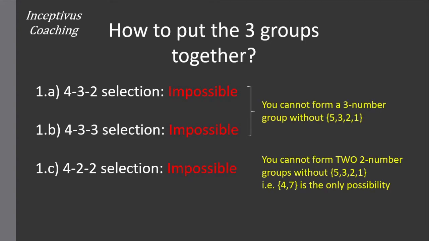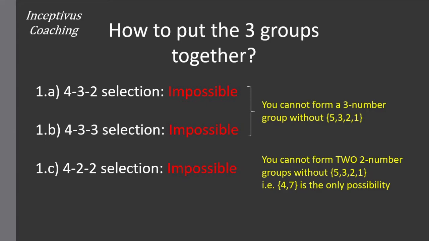because suppose you picked 5, 3, 2, 1. That means you cannot use 5, 3, 2, or 1 again. You actually cannot form any 3-number group without 5, 3, 2, or 1. So therefore, the first 2 subcases of having 4 as the largest size do not work. You also cannot do the 4, 2, 2 selection,